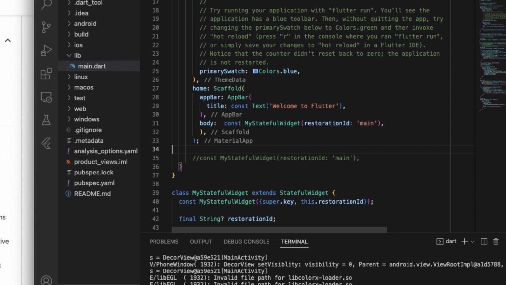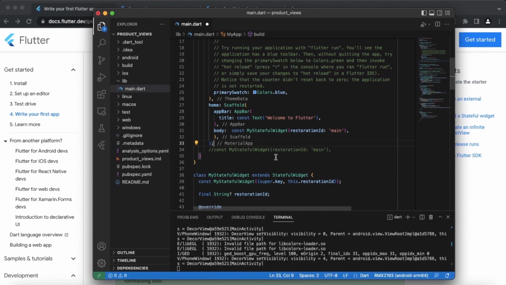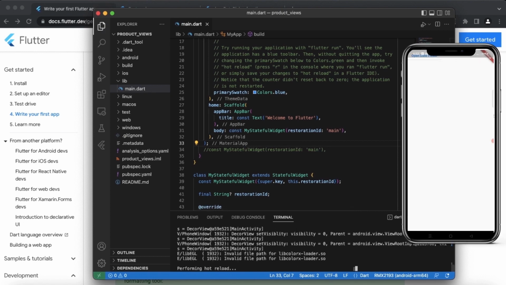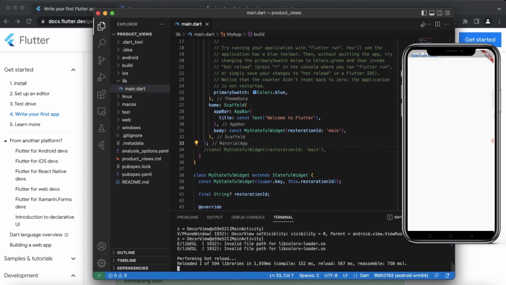So everything looks set now, and we will reload our app. We will hot reload our app, and we will see if we get, yeah. So we can see that our app bar is back, but